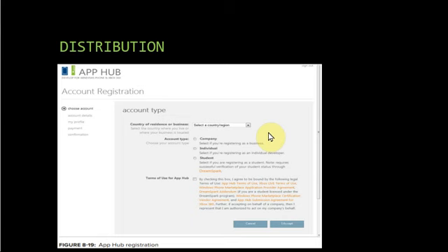And in the third step, we set up the price and select what market we want to distribute our application. So in the third step comes the pricing. If it is a paid app, you have to mention the price you are expecting for your app. And also select the market where you want to distribute your application. All these things come under your third step.